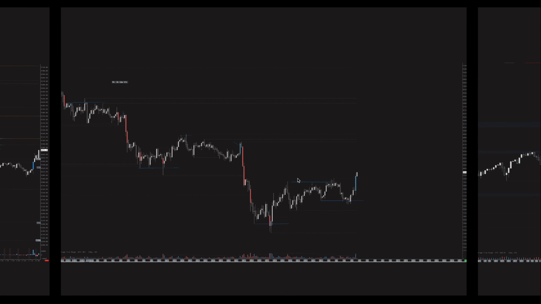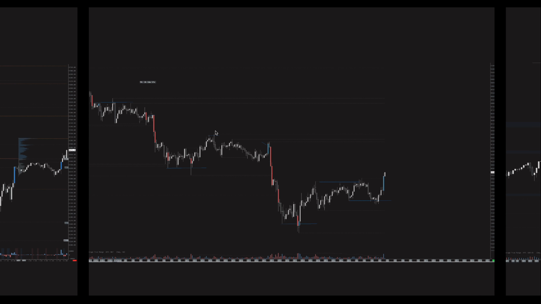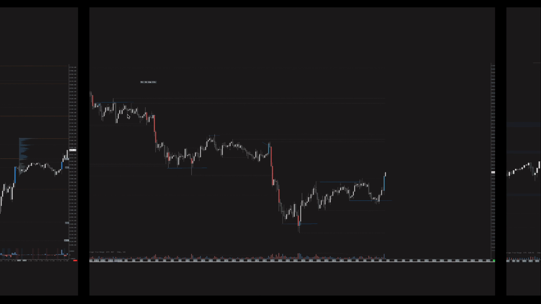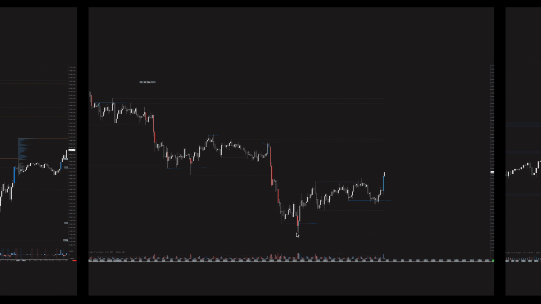Next one, not 100% sure what the market is, it's not that important. This is BTC actually, yeah. These are just kind of these failed swings